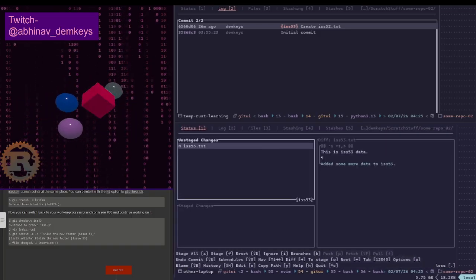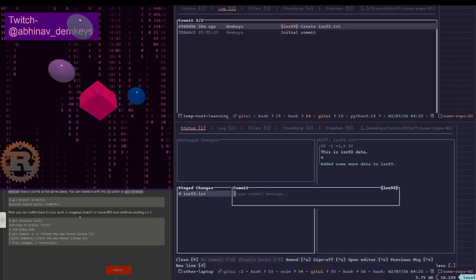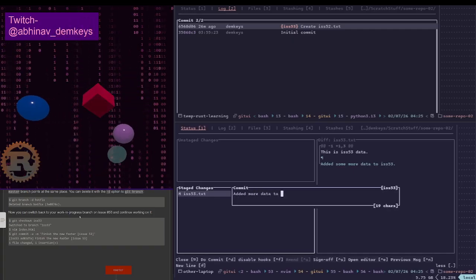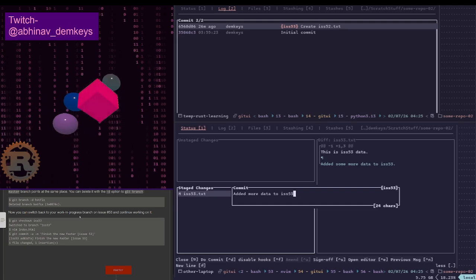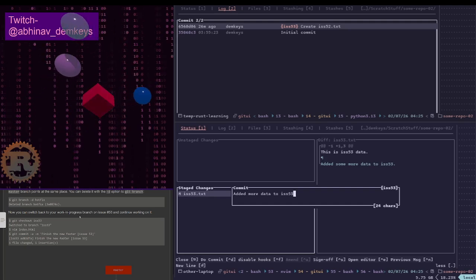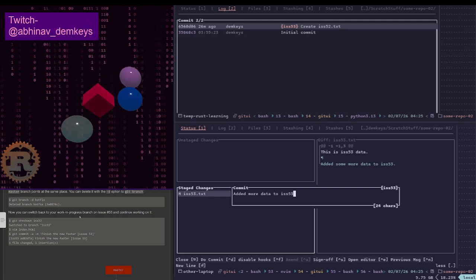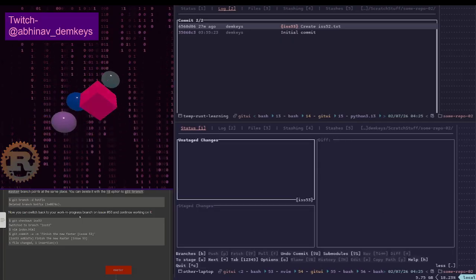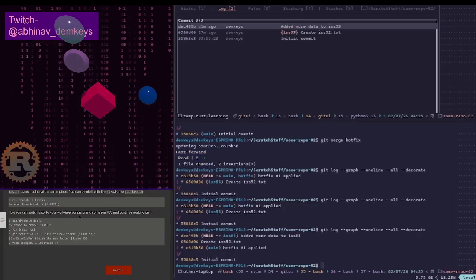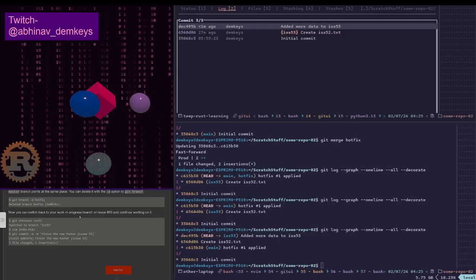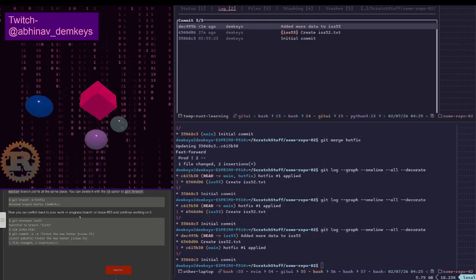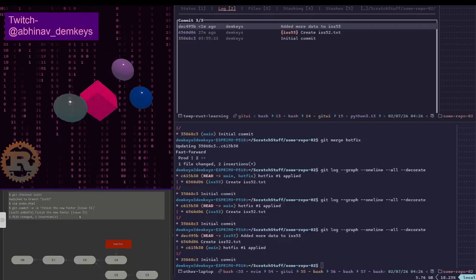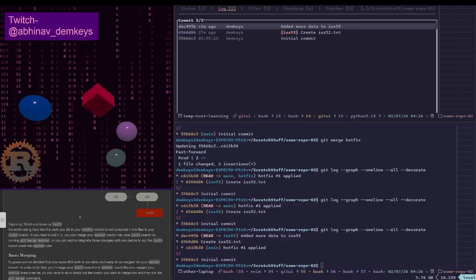So this is going to be added more data to ISS 53. Now if we look at the graph, ISS 53 is ahead. Yeah, now ISS 53 is ahead.